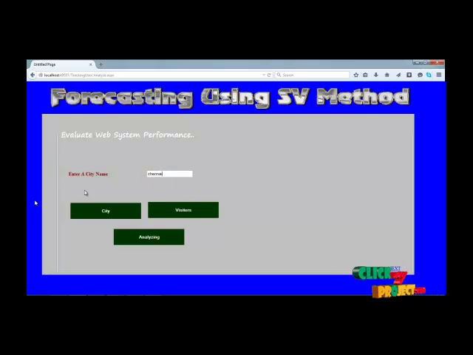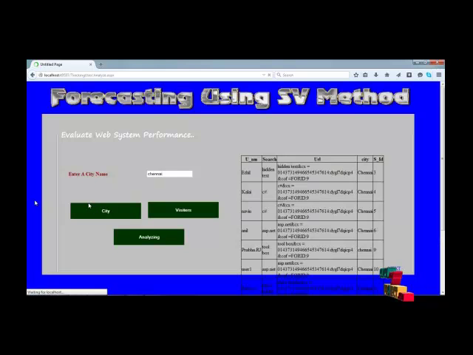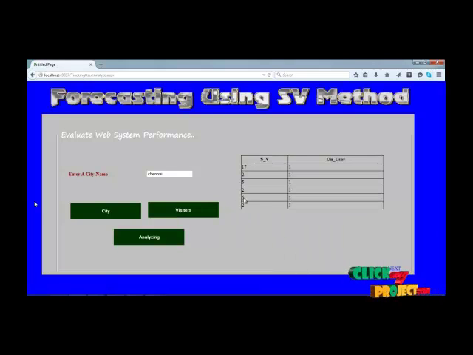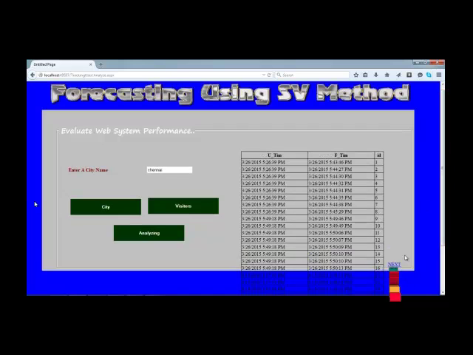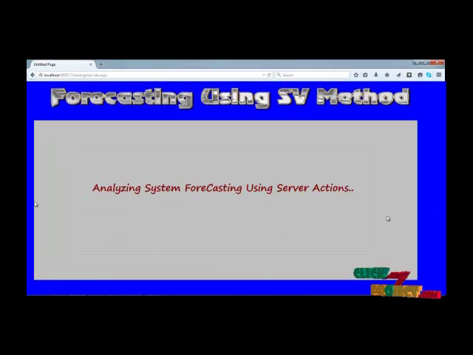Next we can evaluate our web system performance through our system and then our city name. We can collect the information by city name and then collect the visitors' information. After that, we analyze our upgraded time and then the forecasted time. This time is analyzed for our system performance. Finally, we can analyze the system forecasting using server actions.